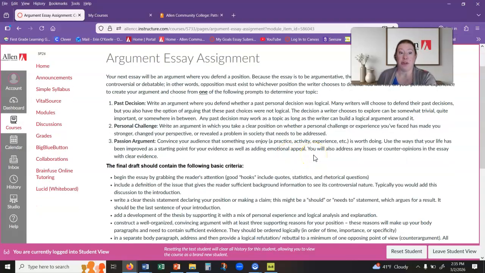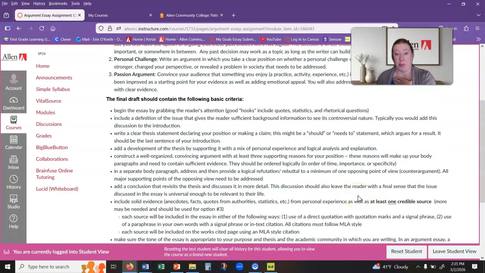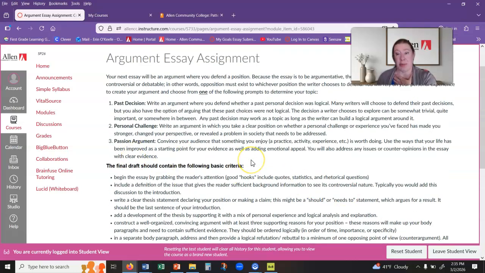For this one, again, you have 3 options to choose from. And in this case, they're fairly broad. So anything that you can think of, you probably could fit under one of these topics, except for just a general argument. I don't want students picking something like abortion or something like that. Those are standard argument topics that generally tend to not be very personal. So in this case, we're relying somewhat on your own experience. You are using a source for this essay, so it does need to be something that can apply to other people, but for the most part, you're just thinking about your own experience.